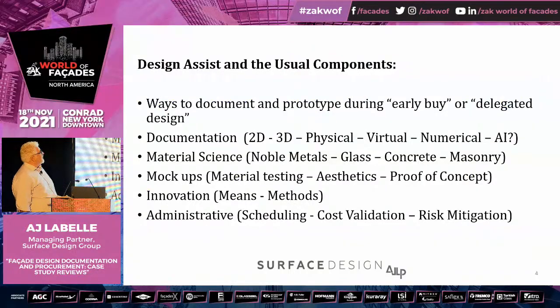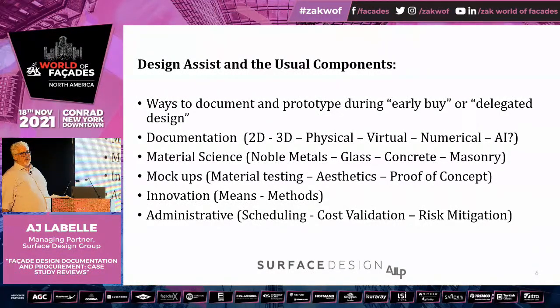Okay, design assist and the usual components. Way to document, prototypes during early buy or delegated design. Documentation, old school, 2D. Right? And I'm going to get really into specifics later on in the pictures, but these things are really how it breaks down. 2D is the way we all used to do it. It used to be vellum when I started, and now it's actually, believe it or not,